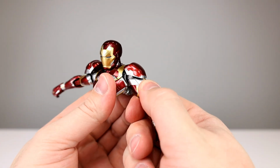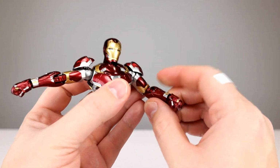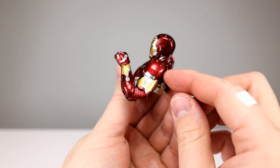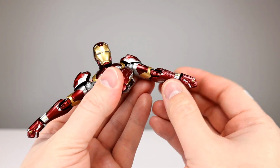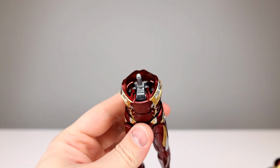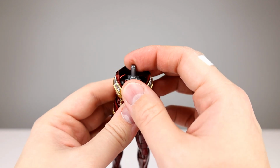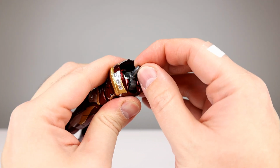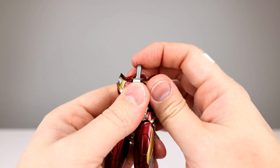But otherwise, it's a super functional shoulder and really well engineered with extra joints and hinges that you don't normally see. Elbows are very nicely done. Not the best looking thing in the world, but functional. Wrists are just on ball pegs. Now, I want to talk about this before I put him back together. Just like on the other guy, we've got this big steel rod. That's his waist twist, and that's also his ab crunch right there. You can move that much for his ab crunch, and that's also...